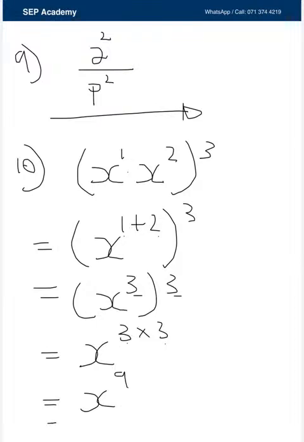Definitely that should be 9, and that is the end of it. So can you see the laws are not necessarily complicated. Sometimes they can take that first law, combine it with the second law, or take law 1, combine it with law 3, or law 2, combine it with law 3, and then they ask you questions based on